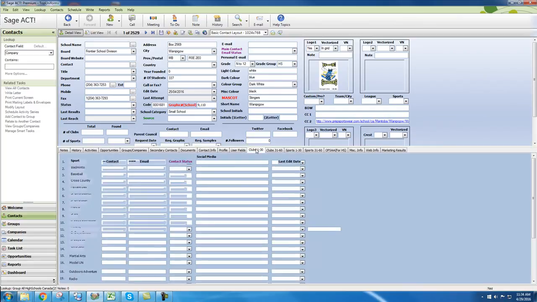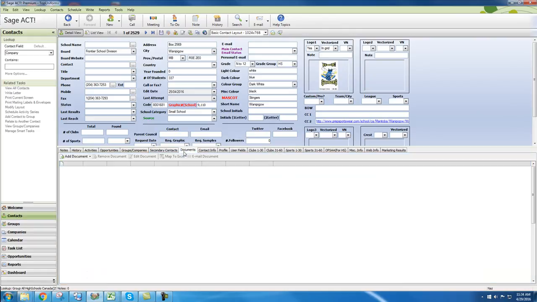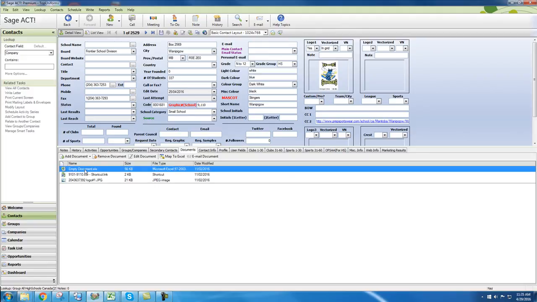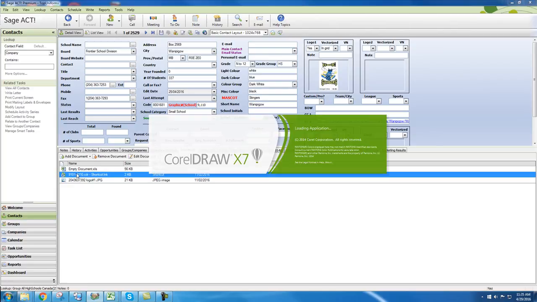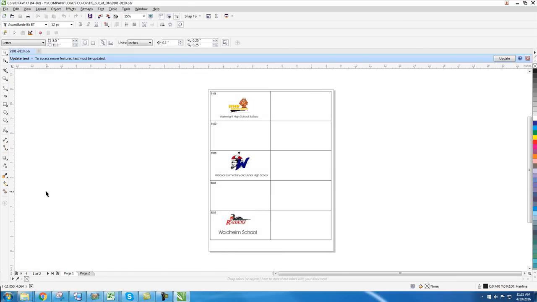So if we actually have any contacts in the school for any clubs or sports, you would find their full name here as well as their email address ideally. And the final tab that I'm going to quickly highlight is the Documents tab, where you should find, if we do have the school's logo vectorized, you will find it in this grid document. It's slightly different compared to the businesses, where 10 schools share one Corel document, when for the businesses only one company has a Corel document,